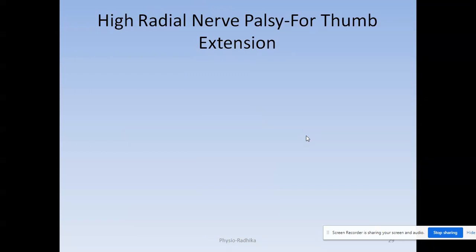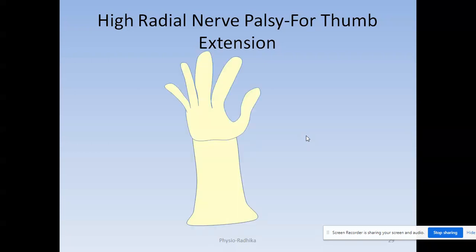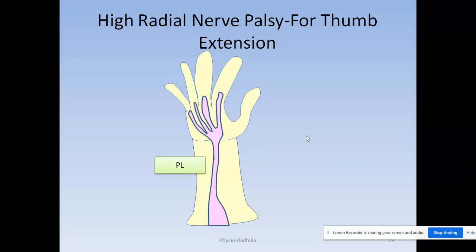Coming to the next one, high radial nerve palsy for thumb extension. When a person has high radial nerve palsy, thumb extension is impaired. So let's look at the muscle which is present, known as palmaris longus. Palmaris longus, in a few recent studies, is proven to be, if not present, also considered to be normal,